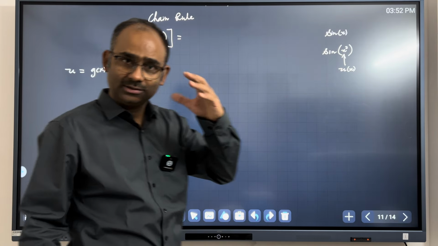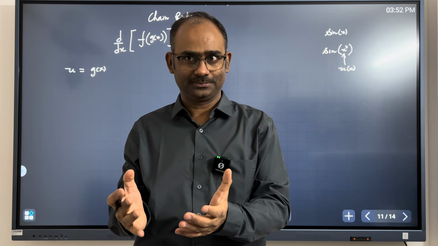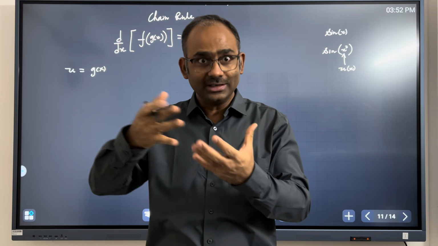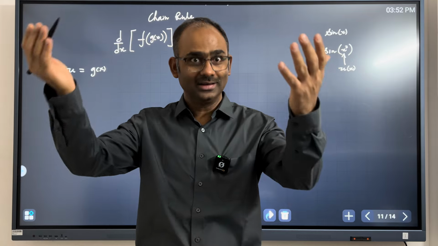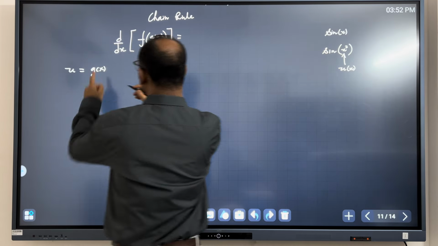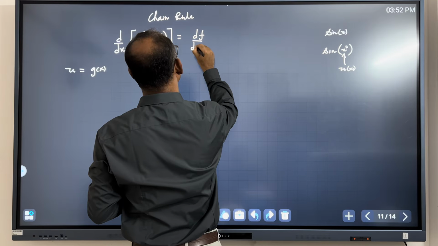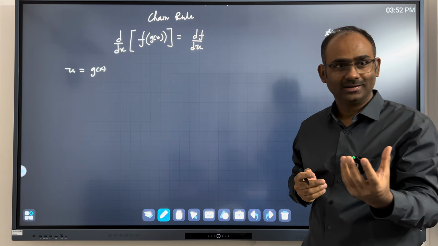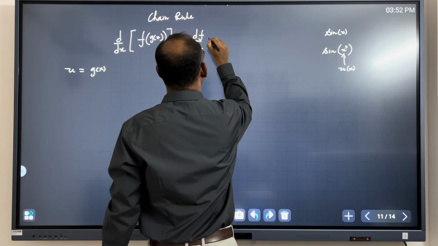So you see, when I took e to the 2x and differentiated, I still got e to the 2x. If I differentiate sine x square, I am still differentiating sine function, and derivative of sine is cos. So I expect cos to come. So that is what it comes. So when you differentiate f with respect to u. So if f is sine, derivative of that will be cos. So that is there, times